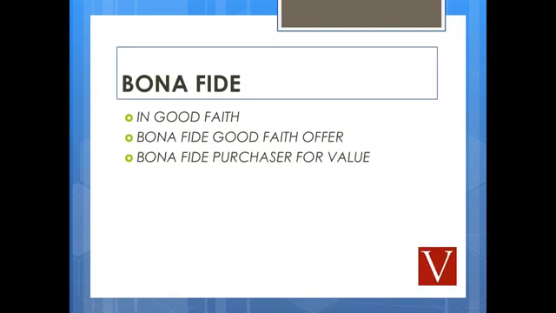All right, bona fide. I think we probably know what that means, but just in case, it's good faith. Bona fide, good faith. We heard this a lot in foreclosures when somebody was a bona fide purchaser for value at a foreclosure auction. The people that are bona fide purchasers get a lot of protection under the eyes of the law because their offers were made in good faith. It's bona fide, okay? So there's another one for you.